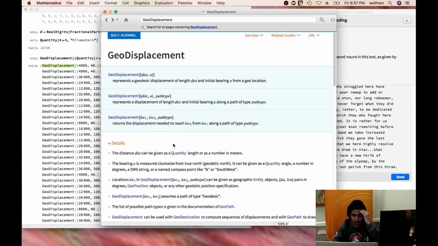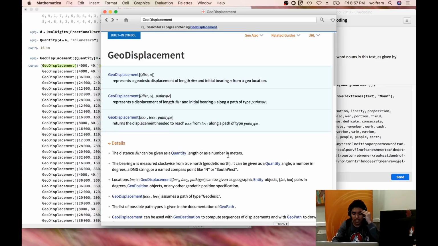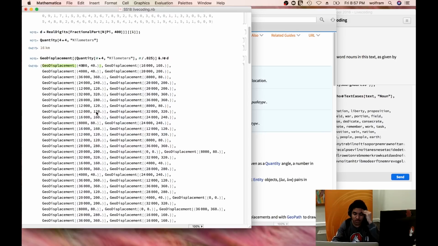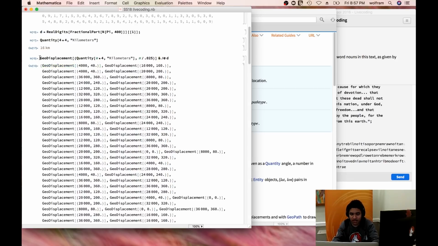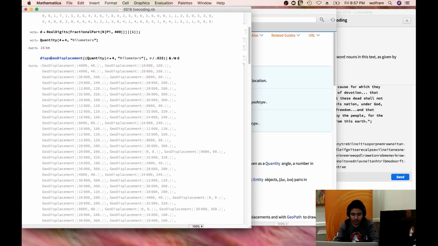That's a little weird, but geo-displacement is simplifying it because it can take just a number in meters, so for whatever reason it's converting it to meters instead of dealing with the quantity. Same result either way. So now I have these displacements. So assign that list to a variable, and now I just want to